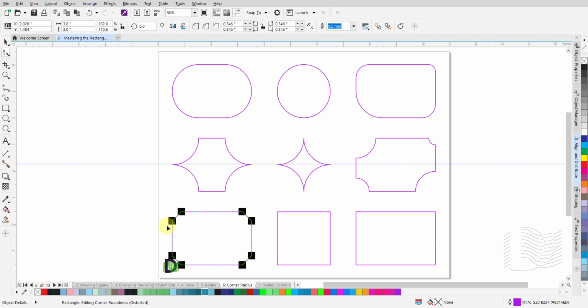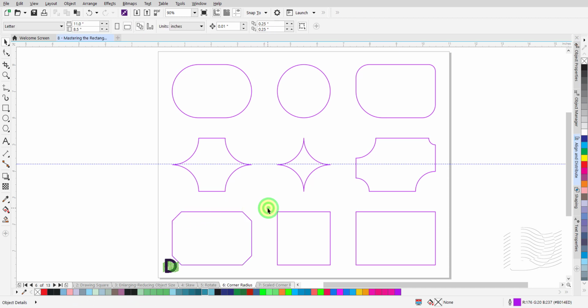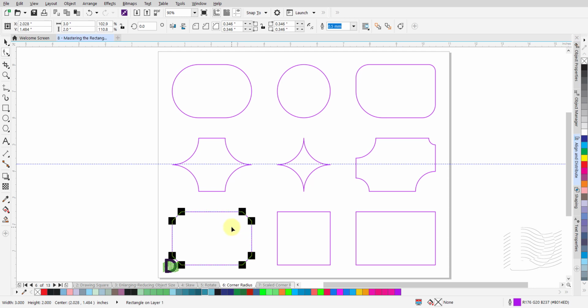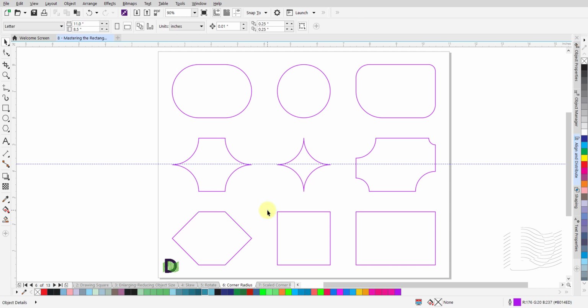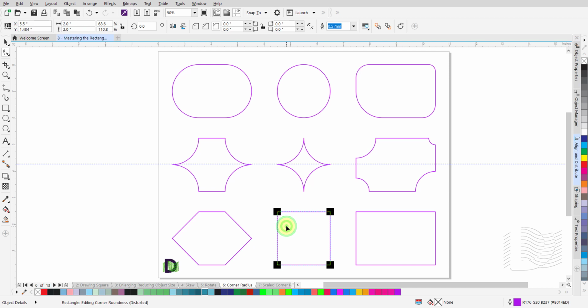Release the mouse button and switch to the Pick tool to get a better look at the changed object. Switch back to the Shape tool and grab one of the black squares and drag it further away from the initial point to its maximum. Switch back to the Pick tool and left-click once on a blank area of the canvas. With the Shape tool selected, click and select a square object. Use the Shape tool to grab and drag one of the black squares to the maximum distance from the initial point.